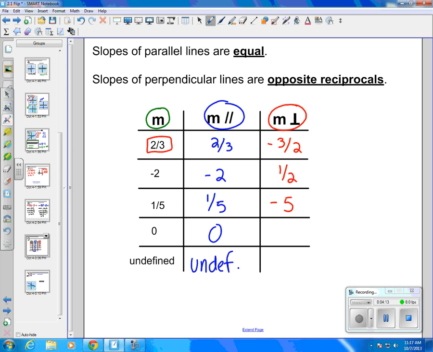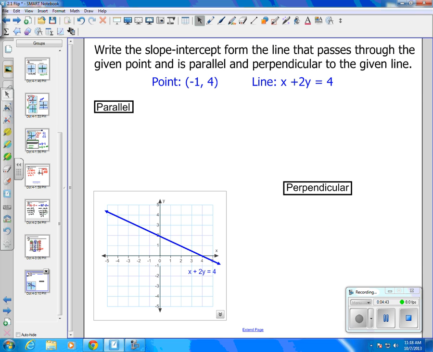The slope of a line that is 0, we know is horizontal. A horizontal line would be perpendicular to a vertical line. A vertical line has a slope that's undefined. And vice versa, if we have a line with a slope that is undefined, that means we are dealing with a vertical line. A vertical line is perpendicular to a horizontal line. A horizontal line has a slope of 0. So this will be a nice chart for you in case you ever forget the meaning of what opposite reciprocal is. So what we can do from there is write an equation of a line